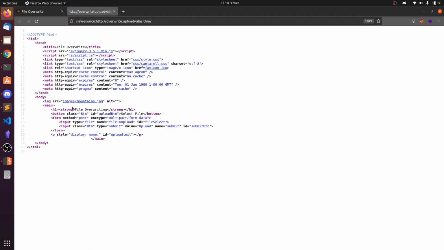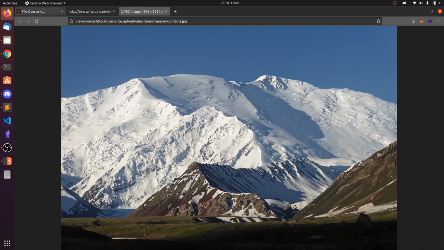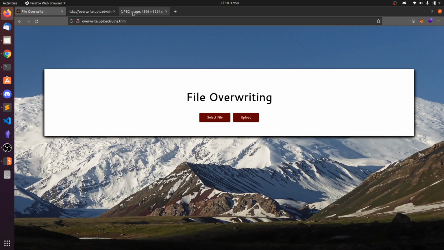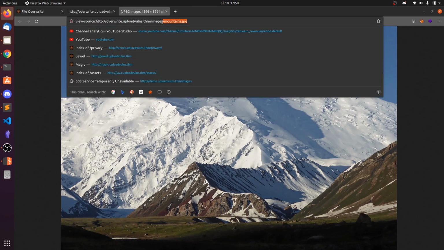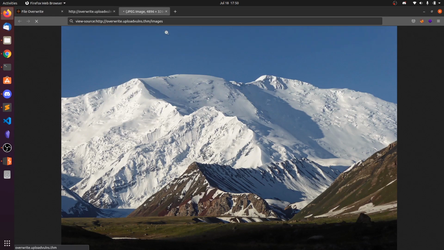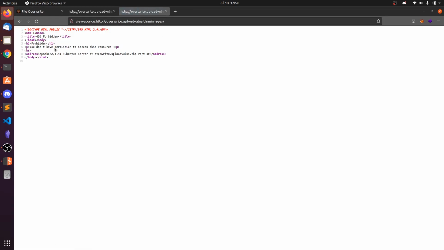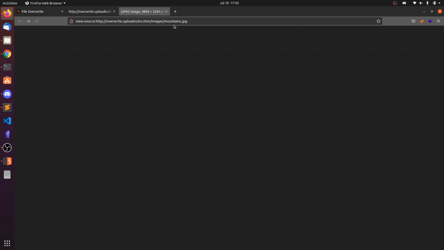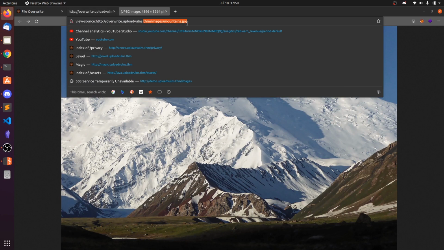So press Ctrl U here and you can see there is already an image called mountains.jpg. If you open this one, it's the same image the background has. Okay, if you try to go to the directory listing, you can see the directory listing has been forbidden for us. So this is mountains.jpg, so let's go and upload mountains.jpg.